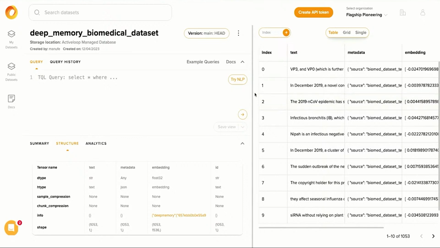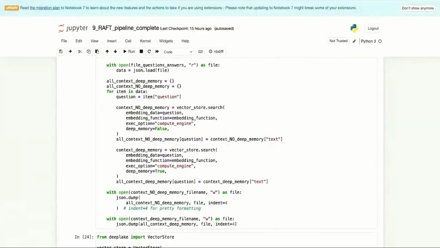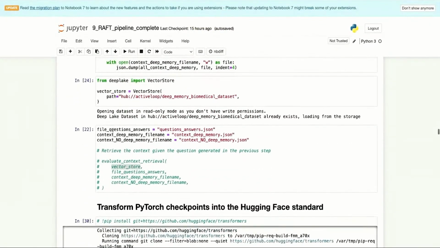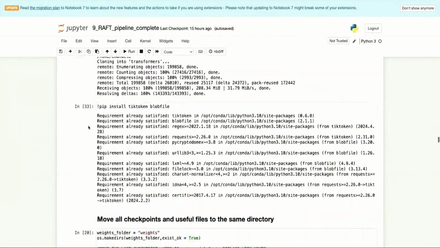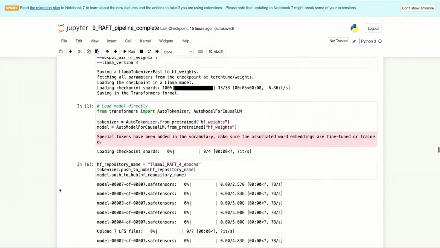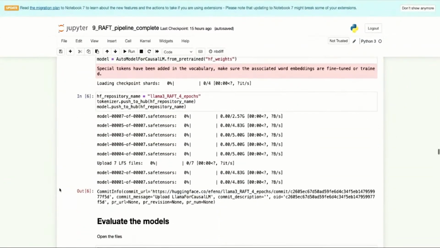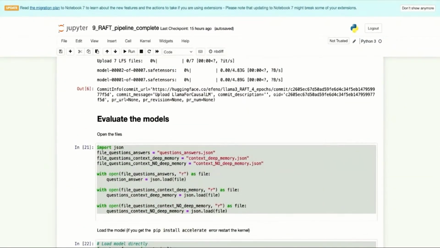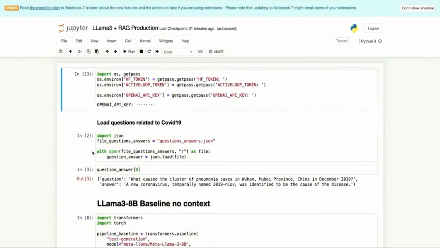Usually what we tell our users is that, hey, if you have a system that's already in production, your users are likely asking a lot of questions. Taking this data is much better than GPT-4 generated synthetic questions. And then there's the evaluation step, which I have tried to create last minute here. Another much simpler model that will showcase what you need.